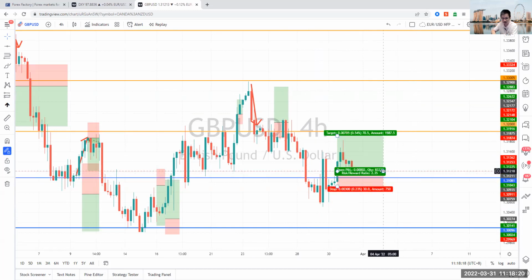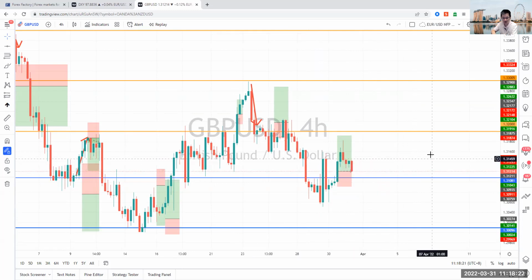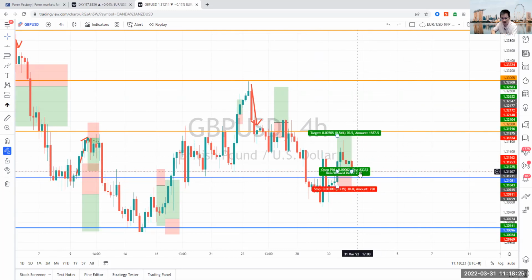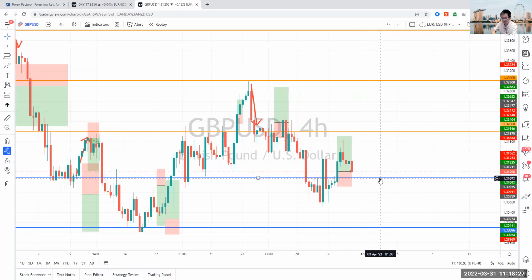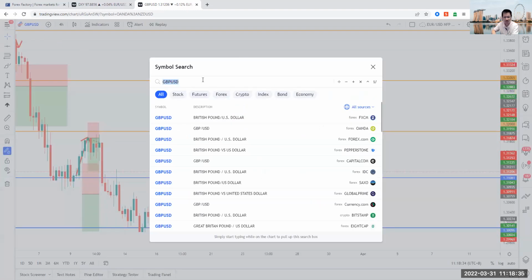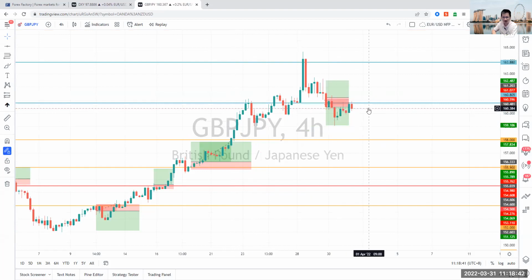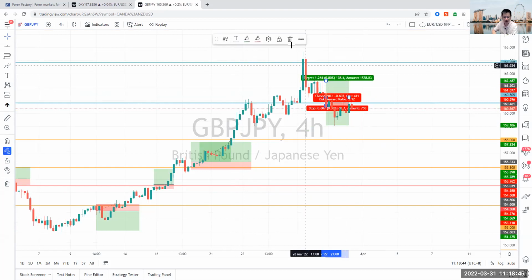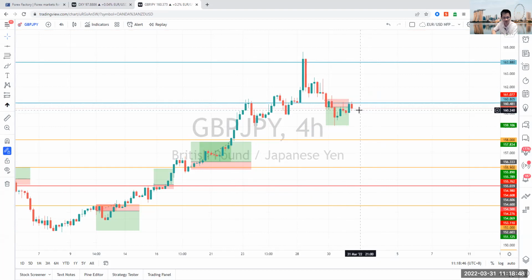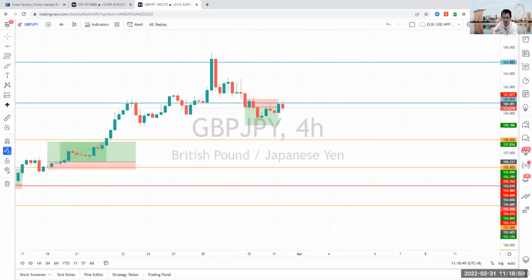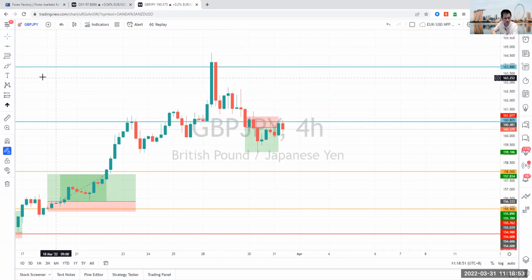I think that I'll move this in just so that it doesn't confuse too much. At this point, I think that the pound dollar could come back down towards 131 and it could break lower. So given that the pound dollar could break lower from that 131 support level, quite a major support level, looking back at the pound yen again, I think that we could have another trade opportunity towards the downside for the pound yen. So zooming in here for you, I would be looking to sell the pound yen down.